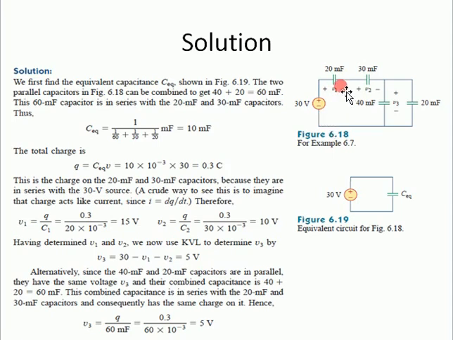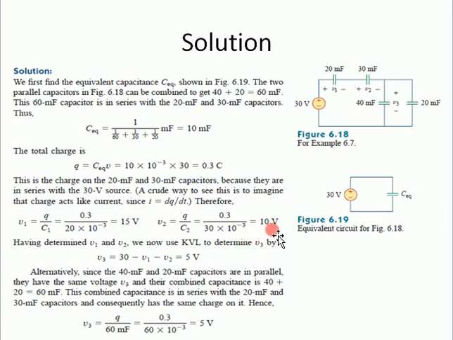And I have mentioned earlier that in the series circuit the charge remains the same. So it means this 0.3 coulomb is also the charge of this 20 millifarad and this 30 millifarad, as these are in series with this voltage source. That's why Q1, the charge for 20 millifarad, is 0.3, and for 30 it is also 0.3. So V1 is equal to Q over C1. From here we find the value of V1 is equal to 15 volt, and the value of V2 will be equal to 0.3 divided by 30 milli, that is equal to 10 volt.